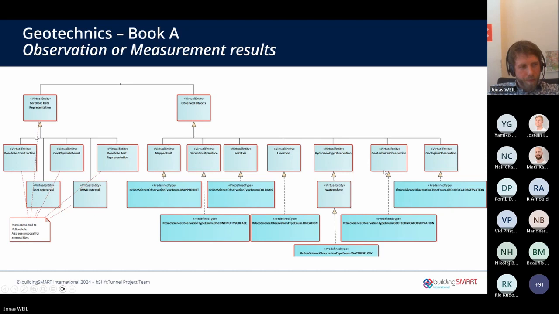Of course, this does not cover all kinds of observations, but it's on a high enough level, I would say, to include most of the observations that you can make, because as I said, you can model this and then you can define your custom P-sets to further distinguish what has actually been observed or what test has been performed. I will get there in a few minutes.